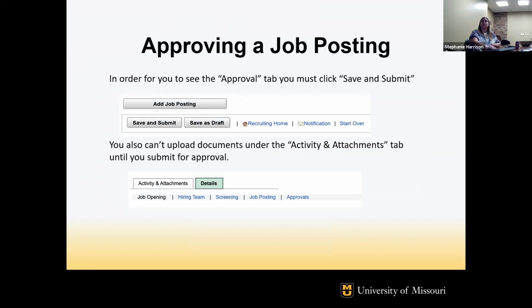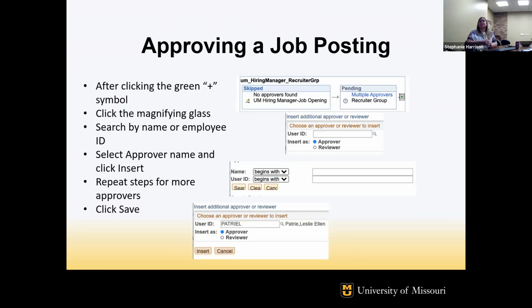Okay, so in order to add somebody to your approval chain, once you're on that approvals tab, you're going to click on the green plus sign, and then you will use the magnifying glass to look up the person's user ID. Usually it's easiest if you search by their name.